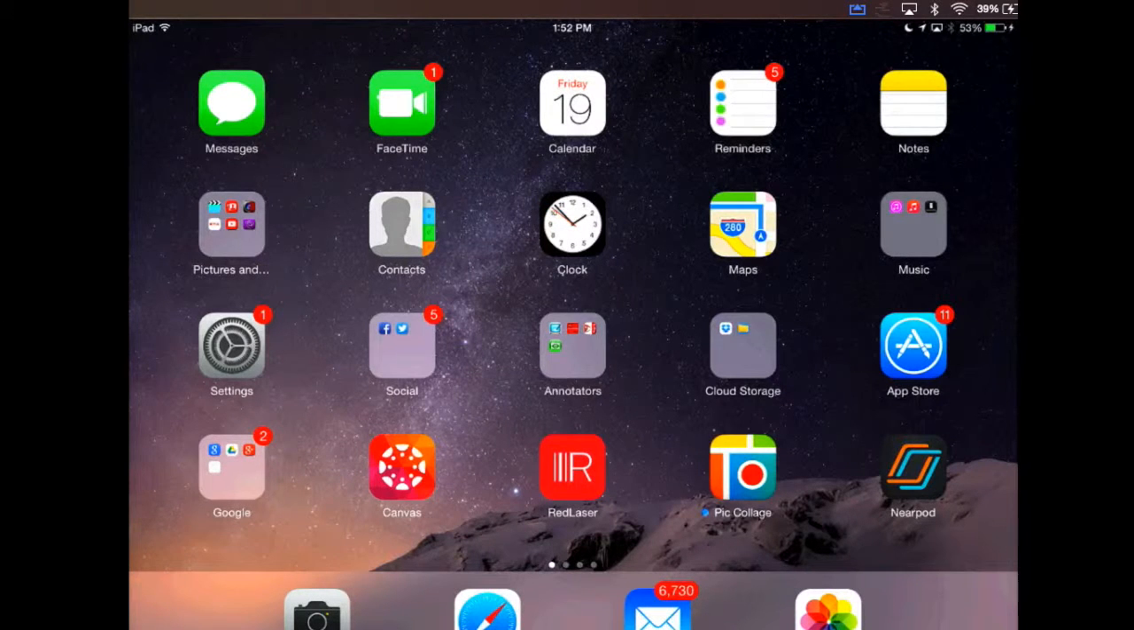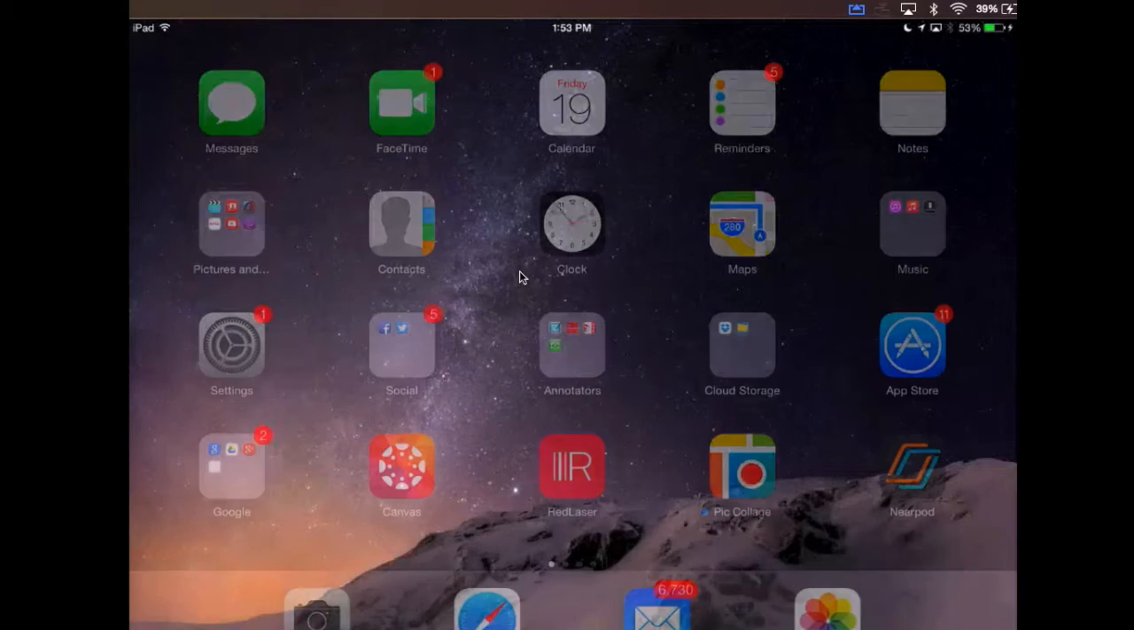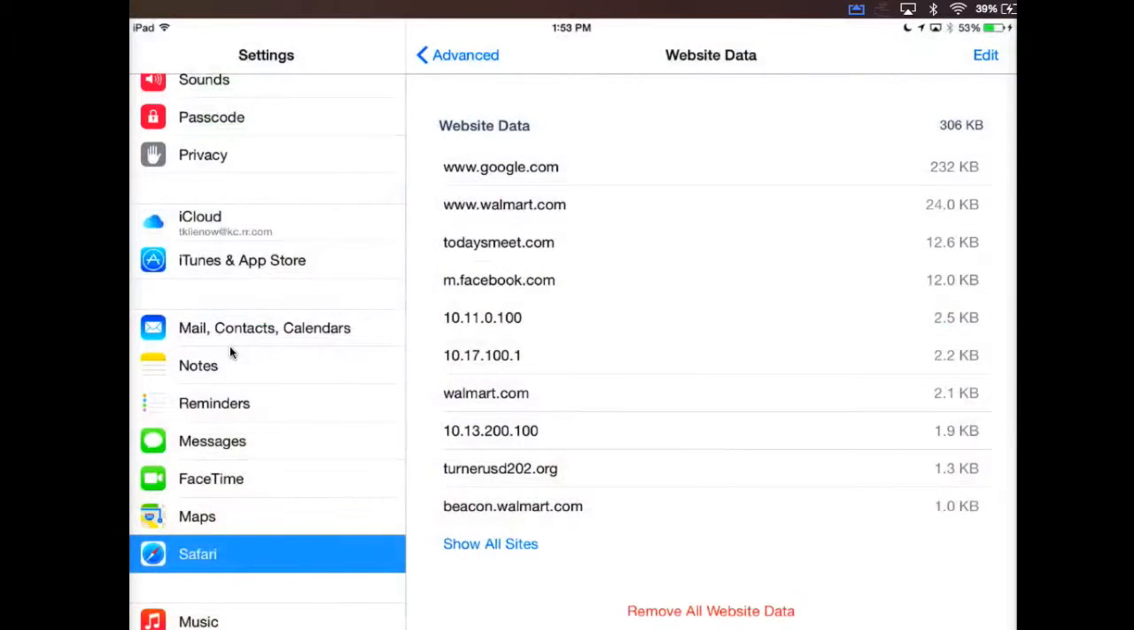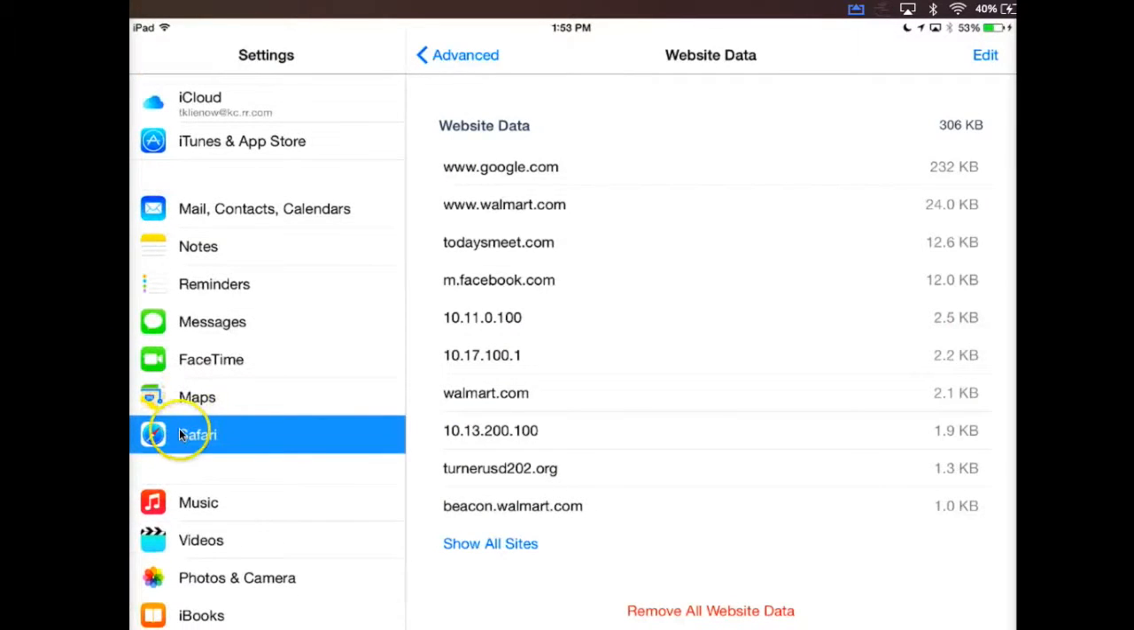Now I'm going to show you how to check website data on your student's iPad. If we go to Safari, which is right here, you can see that I pulled up the history and everything is cleared out. However, it is not completely off the device. We can still find in general some of the sites that the student has visited. I'm going to go ahead and leave this page, go back to my home screen, and then click on Settings. If I click on Settings and then scroll over here on the side to Safari and click it,